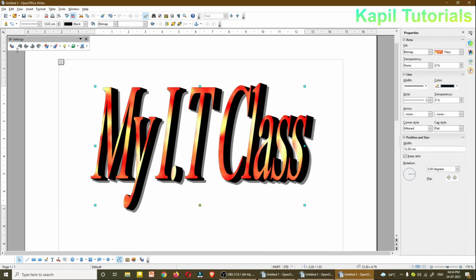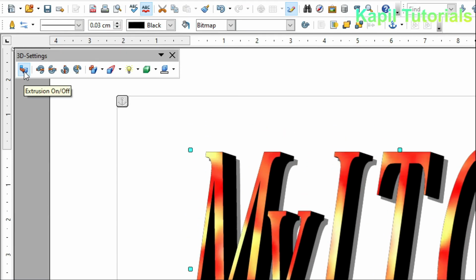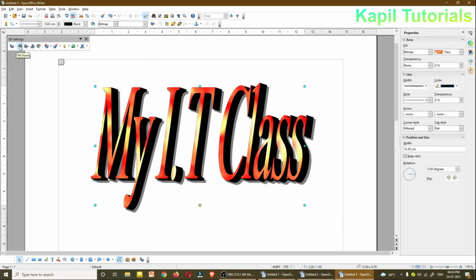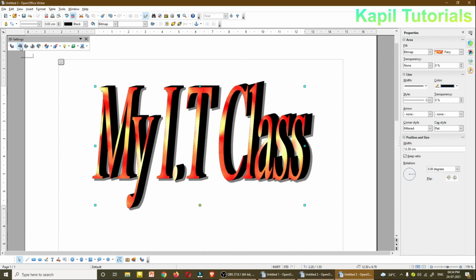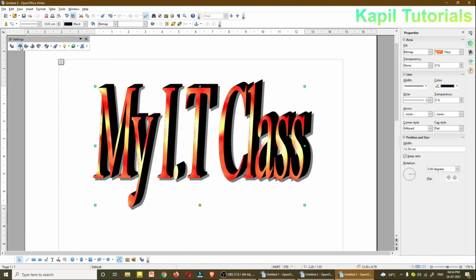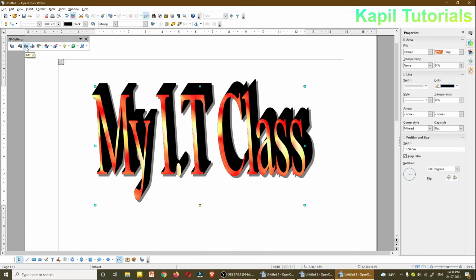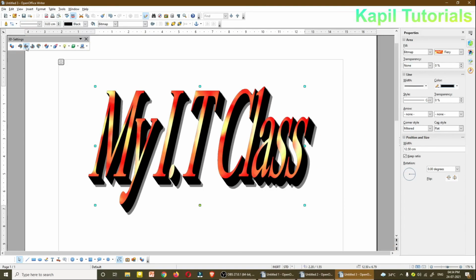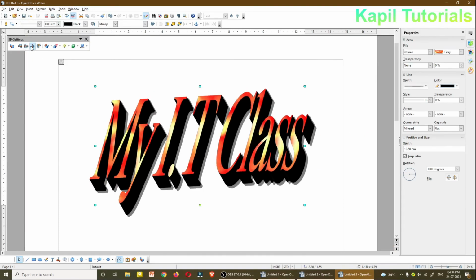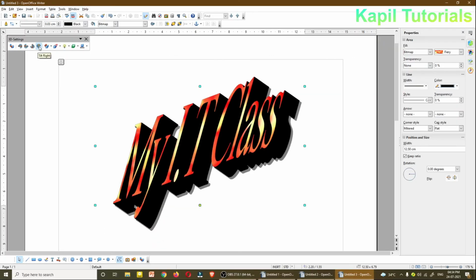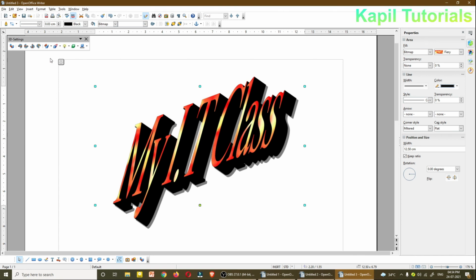When I turn it on, you could see here 3D settings on the top, on, off, and after this it changes, and then tilt down, see the changes. Tilt up, I'll rotate it. I'm using tilt up. Tilt left, then tilt right, and then depth. It depends how much depth you need.